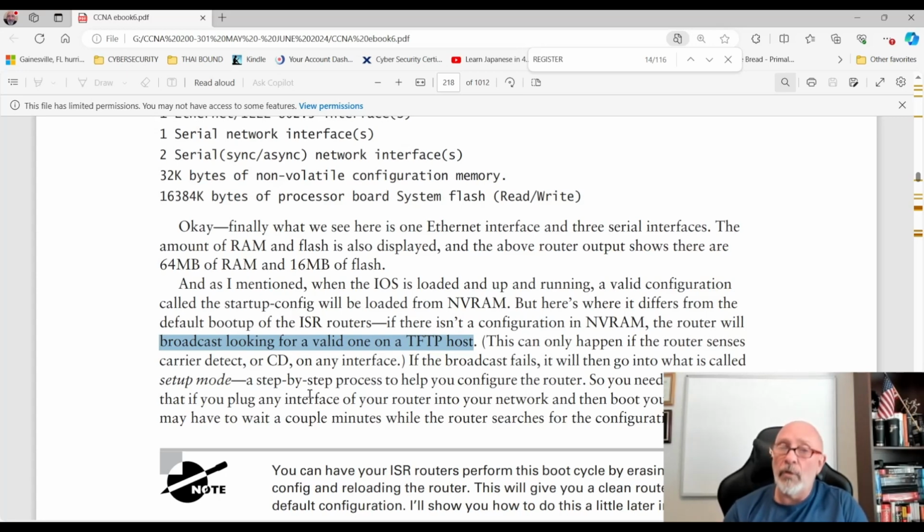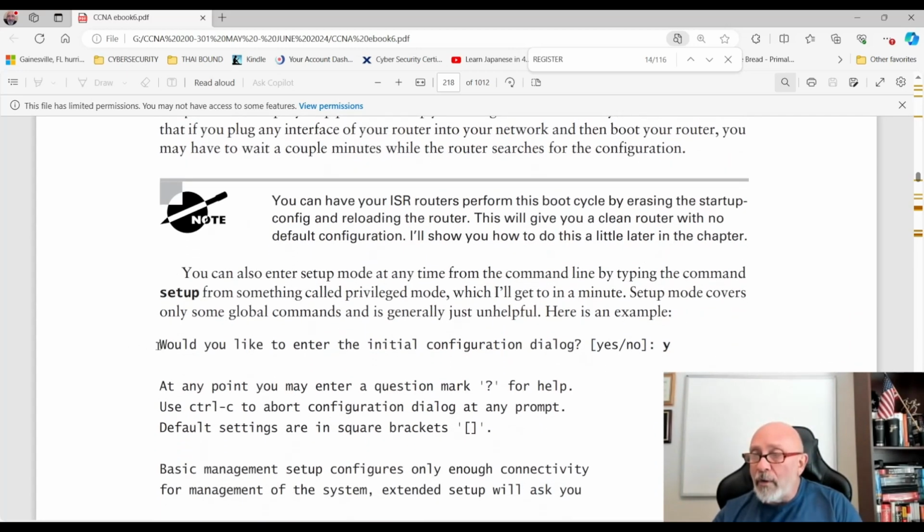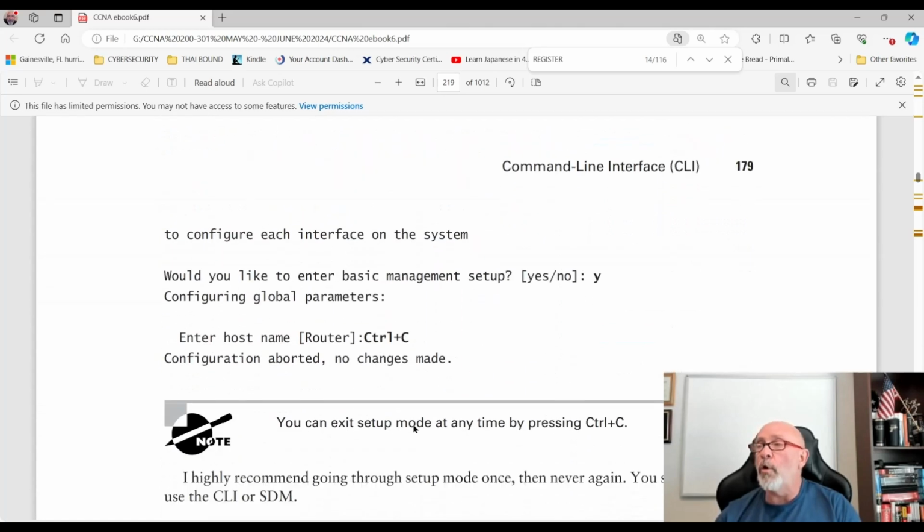So it doesn't default to the flash. You can do that by changing the boot sequence of the router, as it says right here. But then you're in setup mode. All of you have seen this now. And I've always told you, you can say yes by mistake, so always say no. If you say yes, you go into this wizard-driven thing that you don't want to be in, and all you can do is Control-C out of it. Okay? So that's that. That's the boot process of the routers.